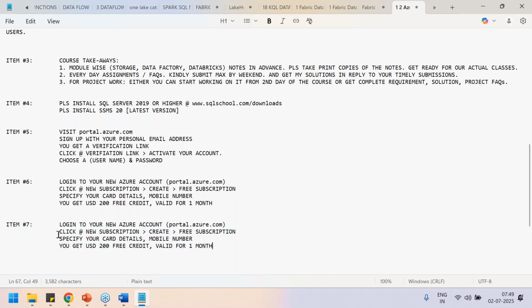Log into your Azure portal. Top left, click on the horizontal lines, the menu tab, we call it. Scroll down to subscriptions and click on your subscription,